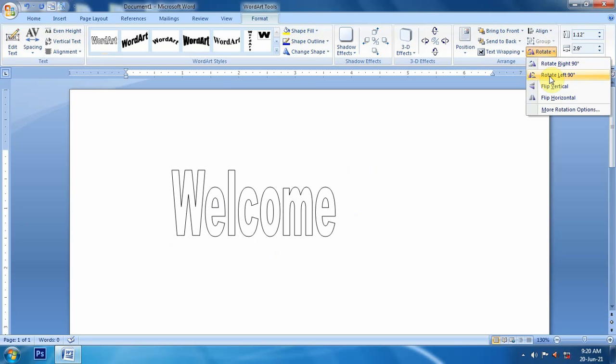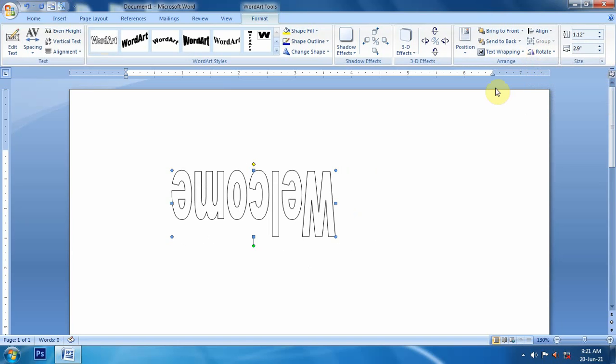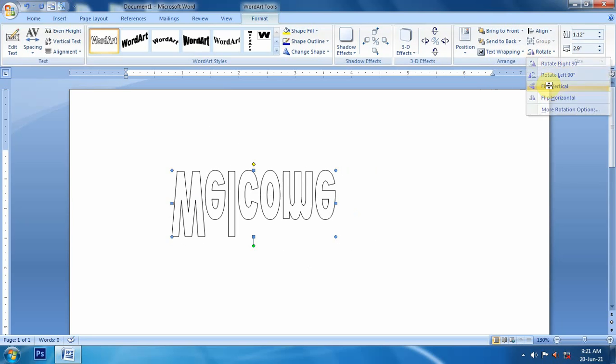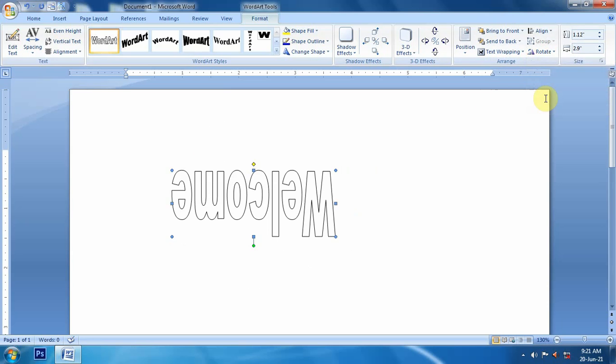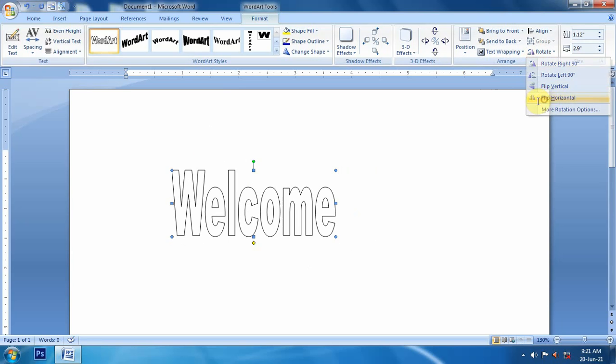Rotation, we can rotate it also like this, and we can rotate from this pointer also. This pointer is for rotation. If we want to flip, we can flip it like this, horizontal and vertical. So these are the properties that we can apply.